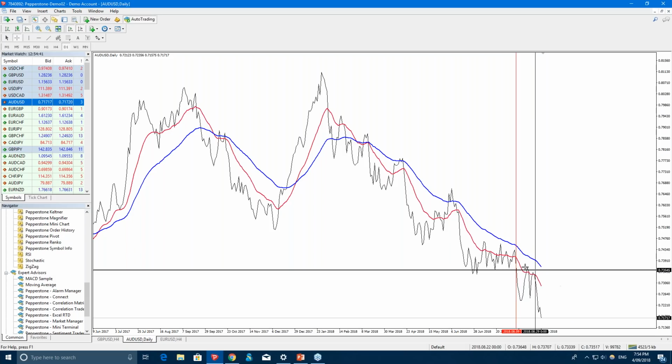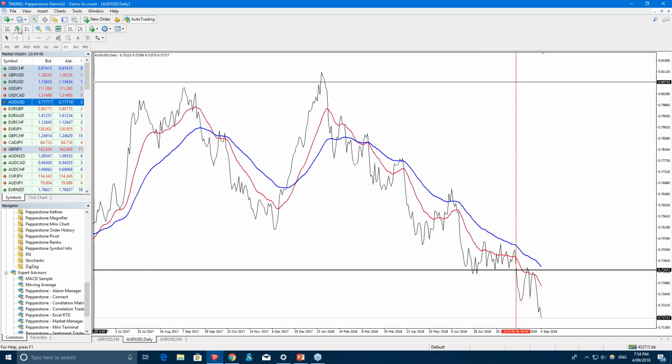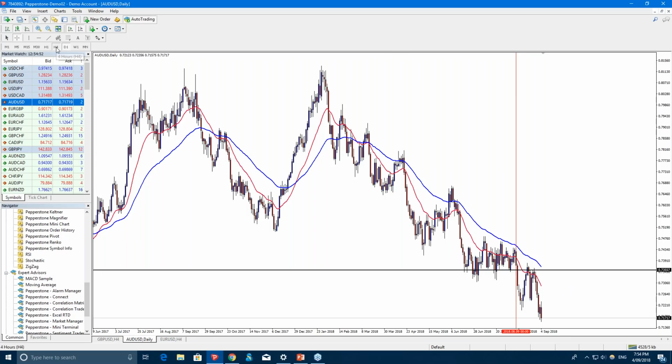But what we're looking at is this theory, and we can say, okay, we've got that maybe potential dynamic resistance of the 21. We've got our role reversal happening here. Let's see if we can find another reason to be potentially involved with this trade. So what I like to do and